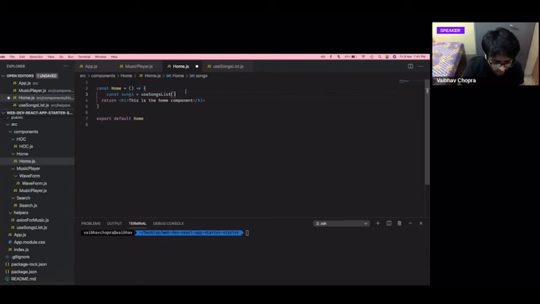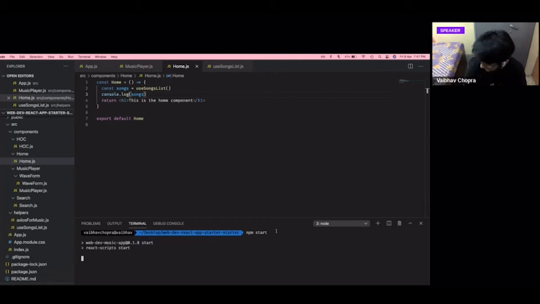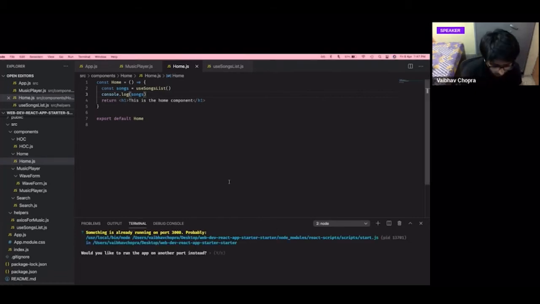useSongsList. And if I do console.log of songs, you would notice that the app will print all the songs. I'll do an npm start so that the preview starts on my React app. So do I want to use another port?